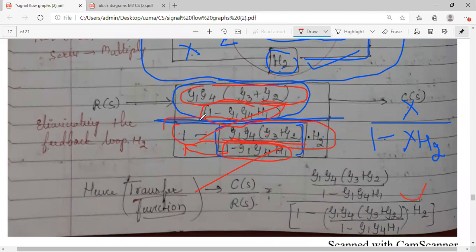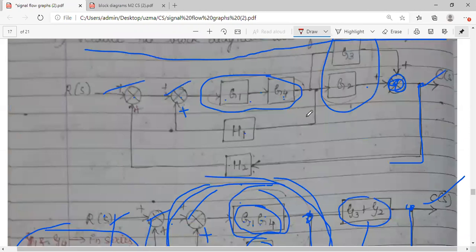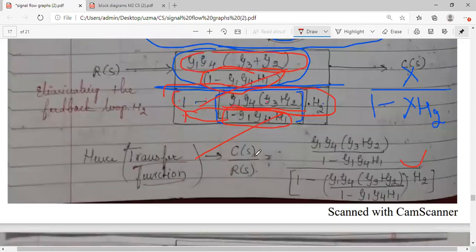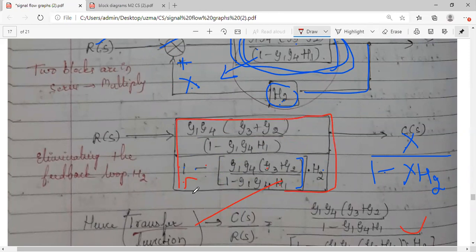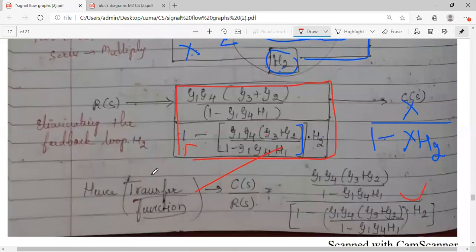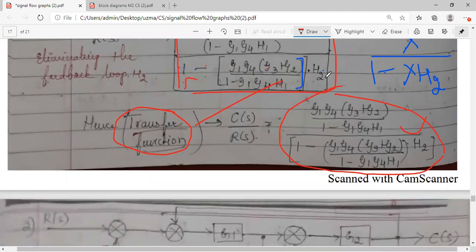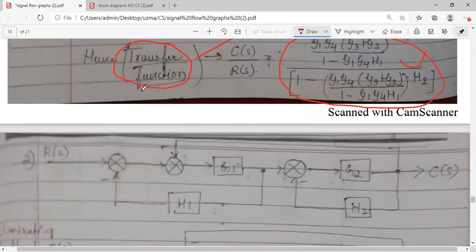So what I have done, this complete block diagram, which had many gain values, I have reduced into a single block. You can see I have reduced it into a single block here, and whatever I write inside this block is your transfer function. So finding the transfer function means whatever is inside after reduction, this itself is your transfer function. Now hope you understood this problem. Let us take the second problem.